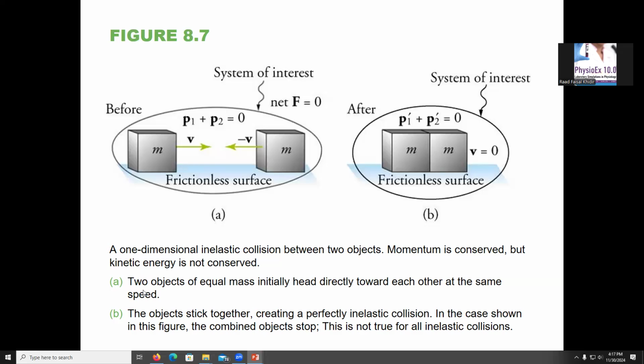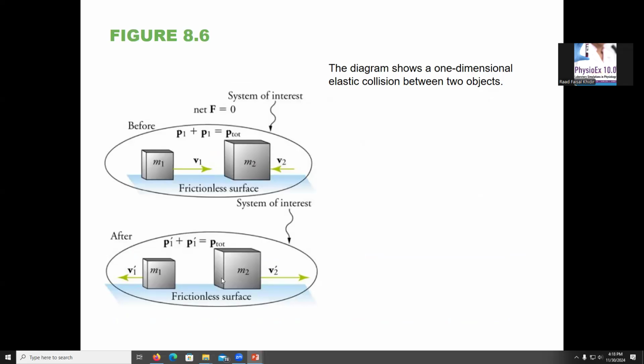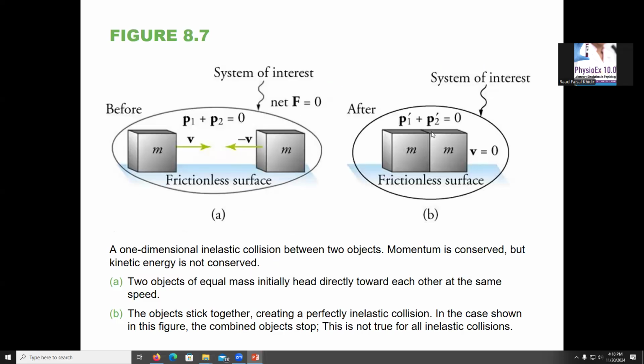So two objects of equal mass initially head directly toward each other at the same speed. The objects stick together, creating a perfectly inelastic collision. In the case shown in this figure, the combined objects stop. This is not true for all inelastic collisions. Sometimes they stop, stuck like that, and sometimes they move together. But in the end, they stuck together, you have already violated elastic collision. That is now an inelastic collision criteria. The second thing, you bet, when they stick together, the kinetic energy will not be conserved, like how it was in the elastic collision when they separated. They got stuck together. That's an example of inelastic collision, and the kinetic energy will be different before and